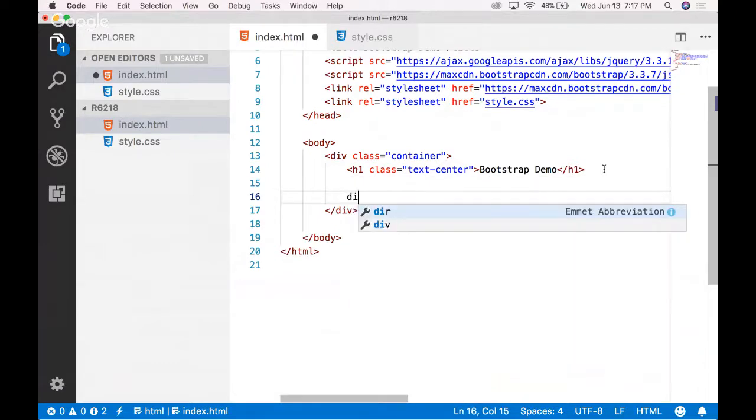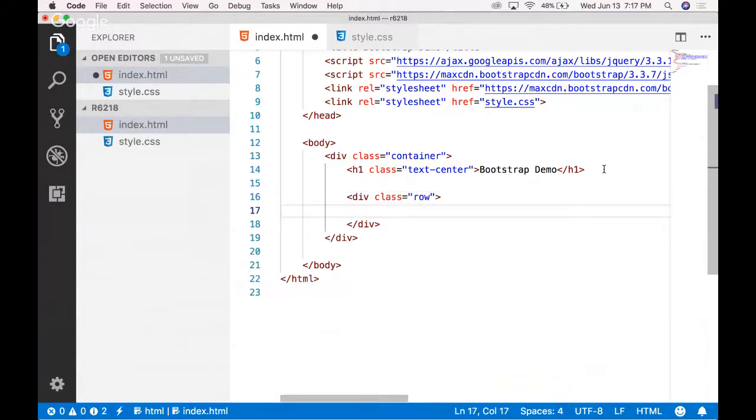So I can make a row. So div row, a div with a class of row on it. And now I can make some columns. This works a lot like a table. You could kind of think of it like an Excel or any kind of table-type structure. So if I